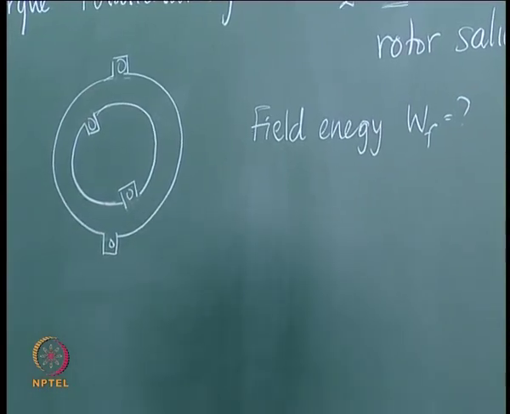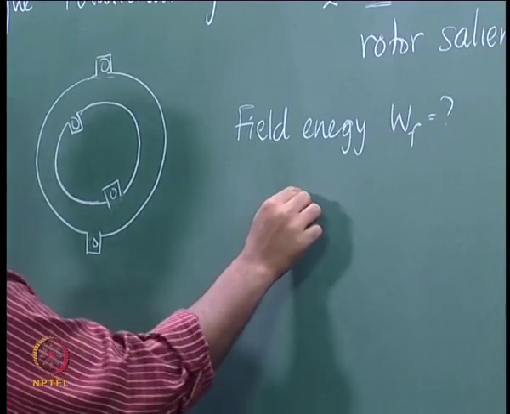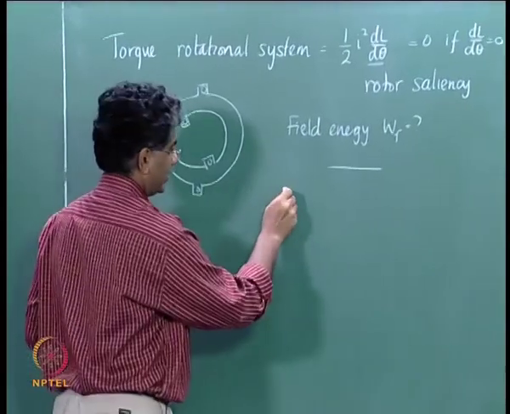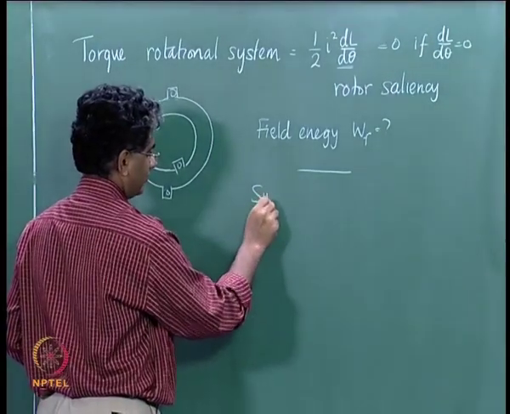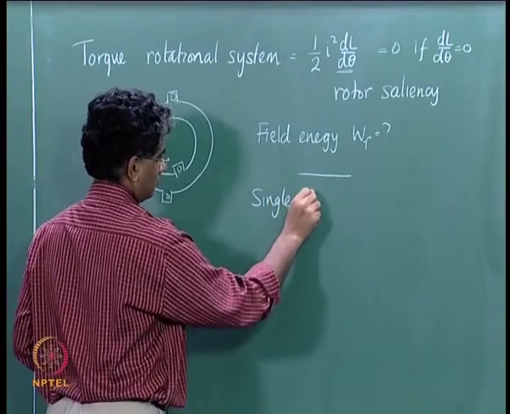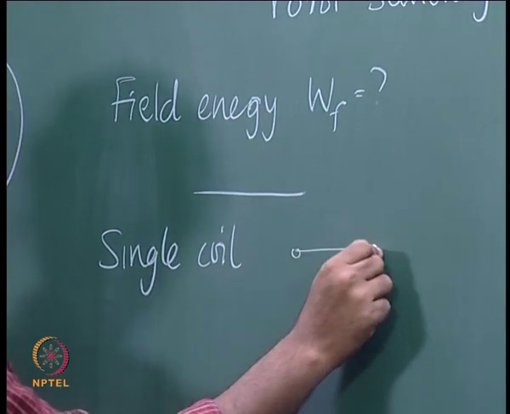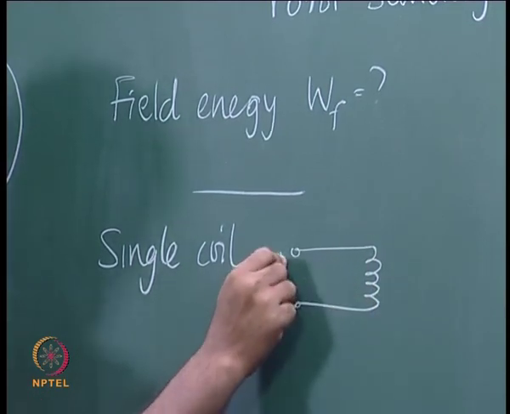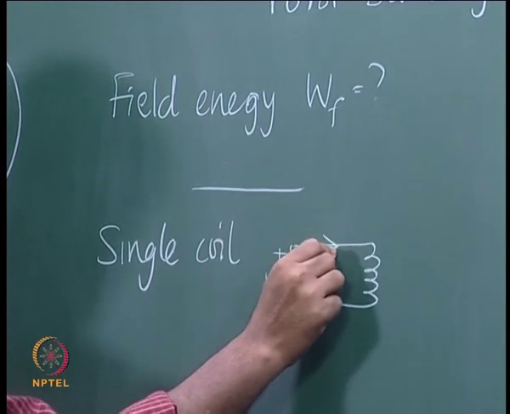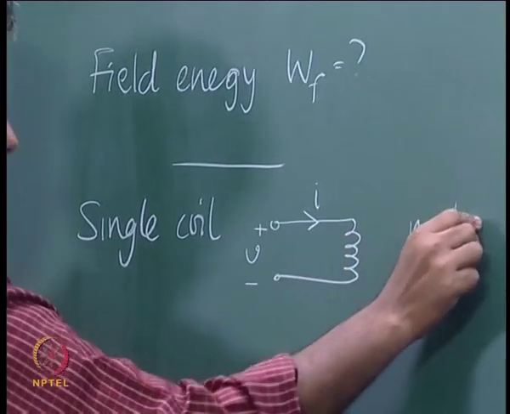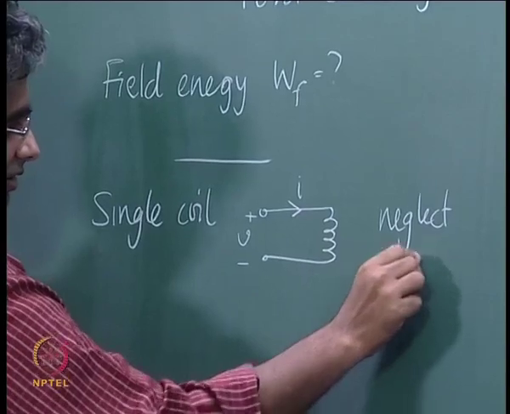So how to get field energy? Let us look at field energy in a little more detail. Before we get to this system, let us look at a single coil and understand how we derive the field energy expression for a single coil. In a single coil, if we picturize it in this manner, you are applying a voltage V, and there is a current I flowing. Neglect resistance for the time being because we are not interested in the resistance losses,